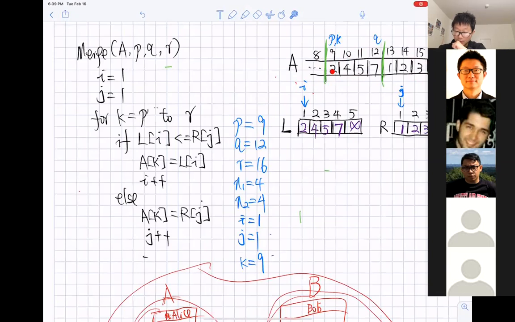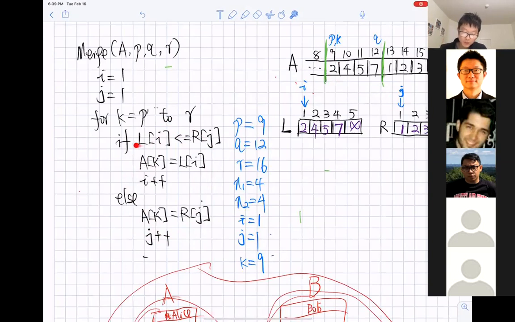Okay, so to find the smallest value among the two sorted subarrays, what can we do? What do we need to do? Compare the first, L1 and R1. Yes, we just need to compare the smallest from L and the smallest from R, and say which one is smaller. So whichever is smaller should go over here, right? Yes. Okay, and if you understand that procedure, it's super easy to understand the if and else statement.